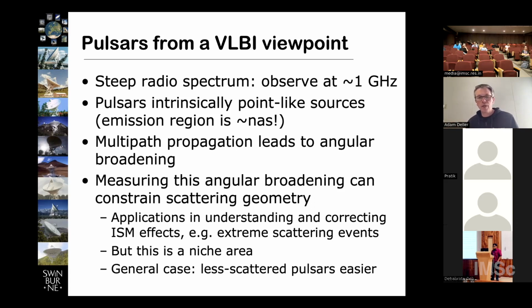And so in general, we like to, if we can, focus on less scattered pulsars because that's simply easier. But unfortunately, if the interesting pulsar you want is somewhat angularly broadened due to scattering, then you have to live with it, and either you have to observe it at low frequency and accept that it's going to be spread out on the sky and hence harder to see, or go up to higher frequency where the scattering effects are lower, but the pulsar flux density is dropping and you need more sensitivity.